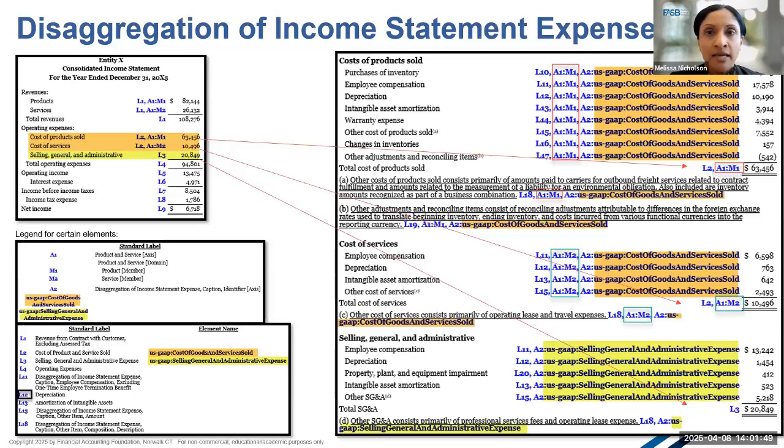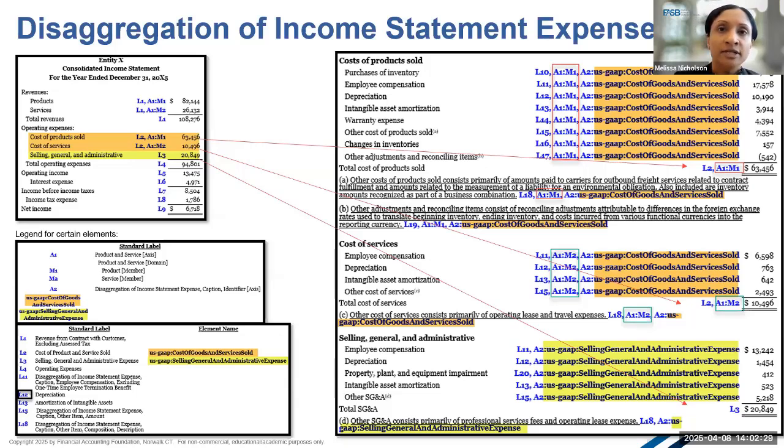So here you see the income statement with 3 relevant expense captions highlighted in orange and yellow. What I'd like to first draw your attention to is the selling, general, administrative expense line item of that caption for 2849. That's to be tagged with the L3 line item. And if you look to the bottom left of the screen, you'll see a legend for the elements, and you'll see that that element is for selling, general, administrative expense. The element name for it in the taxonomy is us-gaap:SellingGeneralAndAdministrativeExpense, which is what you see highlighted here in yellow.